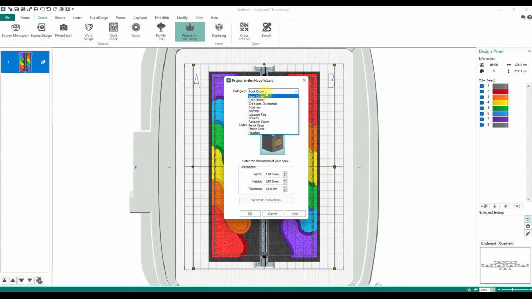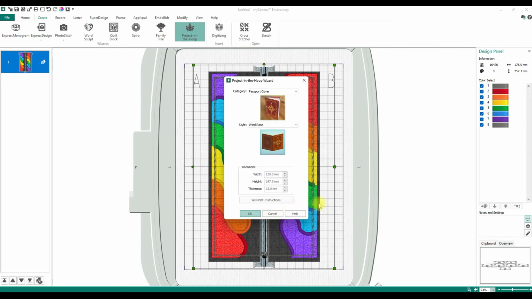Each choice, each category has different things that you can do. You can add things to them. So that little stocking, you could put somebody's name on it. You could do the same thing with the bell, the candy cane, gingerbread man. I don't know if you could put a name on him, but you could definitely stitch him out. So you could just do that, and there's tons of them in here, but it pretty much just walks you through that. So you would grab whatever you wanted, so passport cover, whatever passport you wanted, and then you would view your PDF instructions and then say, okay. And your choices would be